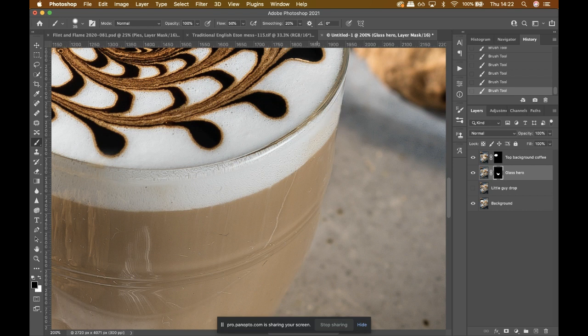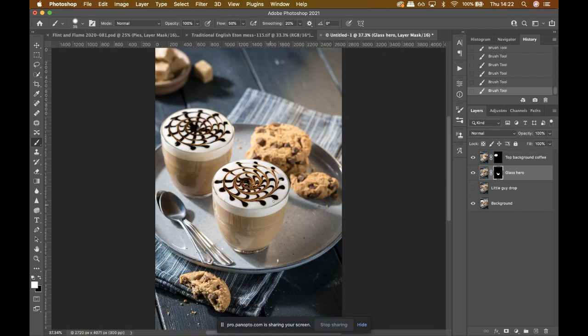So keep going back and forth from pressing X with black brush and white brush to make sure that it looks nice. Now that we've done the second piece, so you can see before and after,